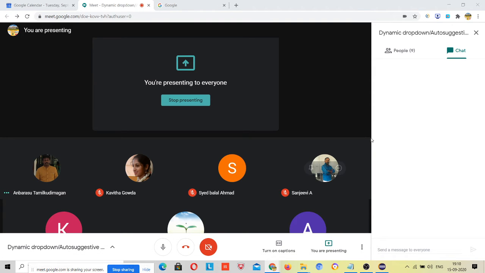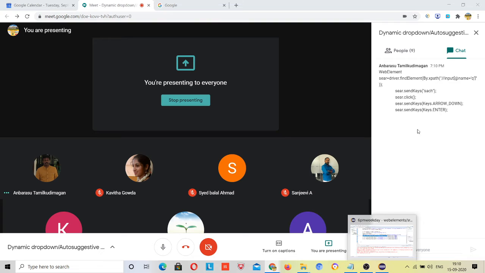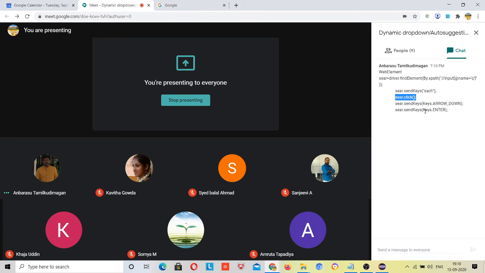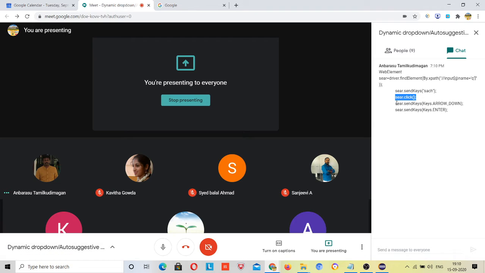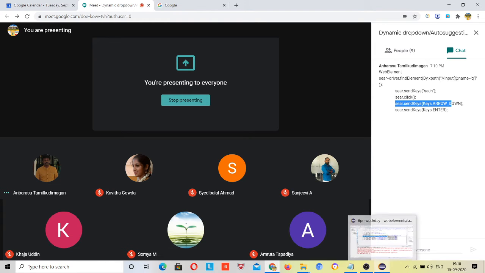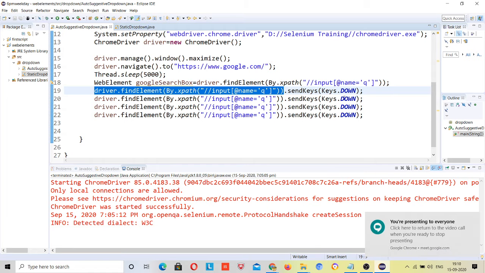Okay, you can paste it again. I will check it, but for send keys you are using the web element driver, and then, let me check it. But we don't need to use this.